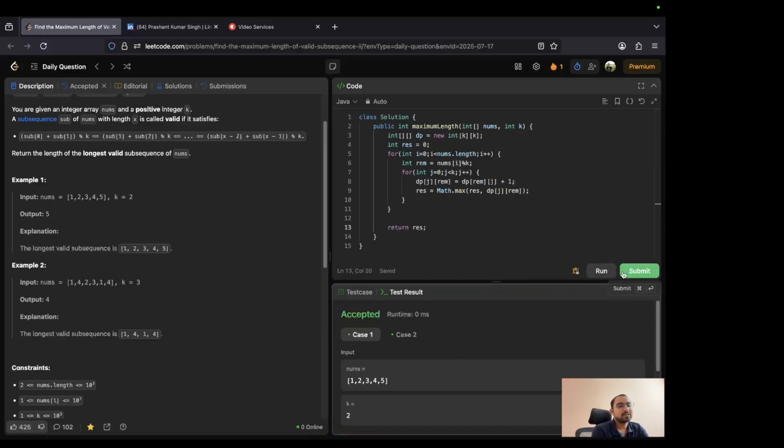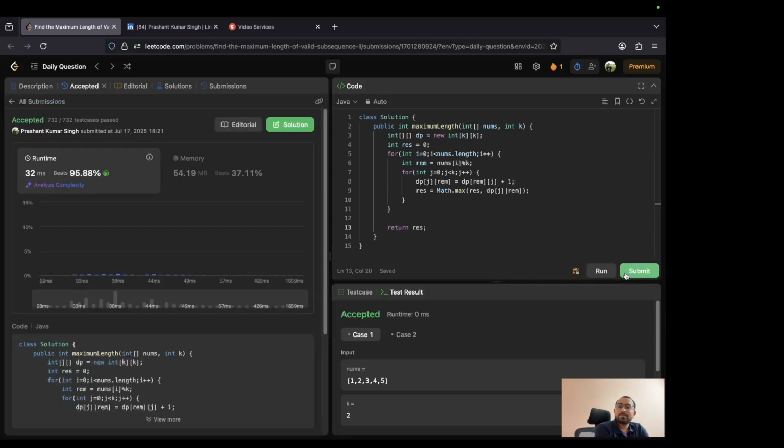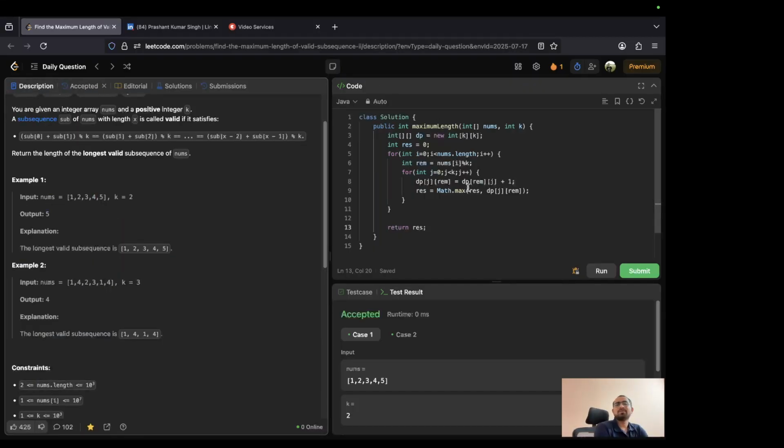Okay, accepted. Let's try to submit this. Okay, this got accepted. Cool. Now, as I mentioned earlier, this code looks very small, but it is a little trickier to solve. So if you are able to understand this till now only, you can just exit the video, or